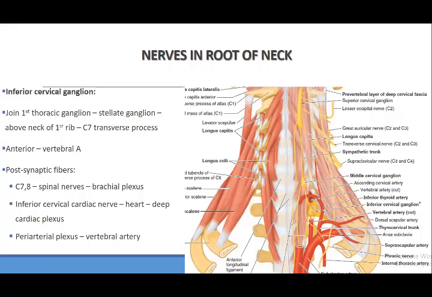वो areas जो C7 और C8 spinal nerve से supply होते हैं। उसके अलावा it also contributes to inferior cardiac nerves जो कि हार्ट को सप्लाई करते हैं। They help in the formation of cardiac plexus, deep cardiac plexus की formation में, okay? And then of course periarterial plexus. It is lying in close to the vertebral artery. Vertebral artery is running anterior to it. So sympathetic fibers form a plexus around the vertebral artery, and then